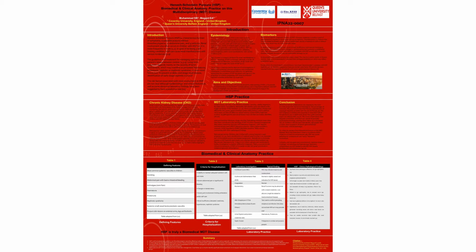I'm now going to talk a little bit about Henoch-Schönlein Purpura in the context of chronic kidney disease and laboratory practice as well. Renal involvement rarely precedes the appearance of the purpura and usually occurs within the first 3 weeks of the illness. It ranges from isolated microscopic haematuria, proteinuria, or nephritic or nephrotic syndrome,